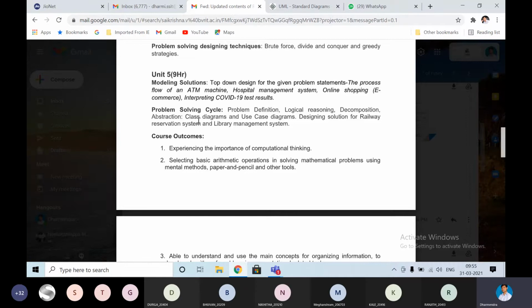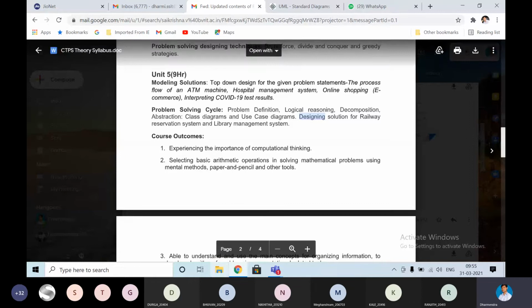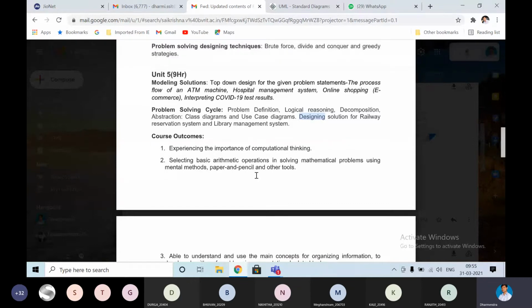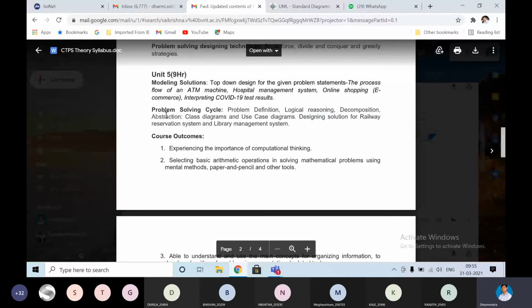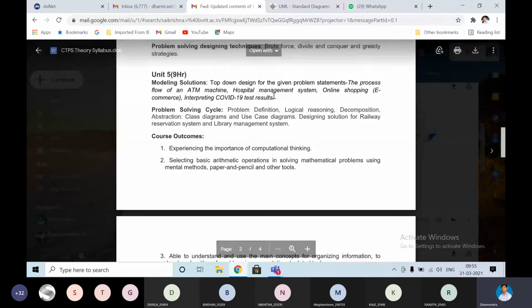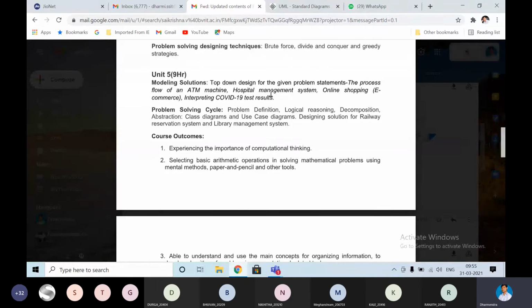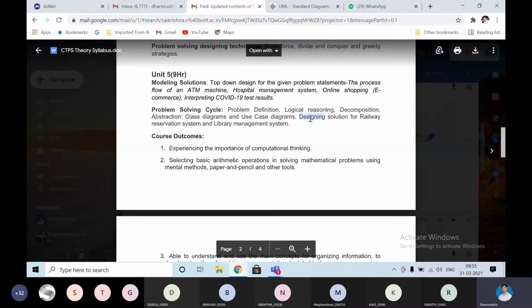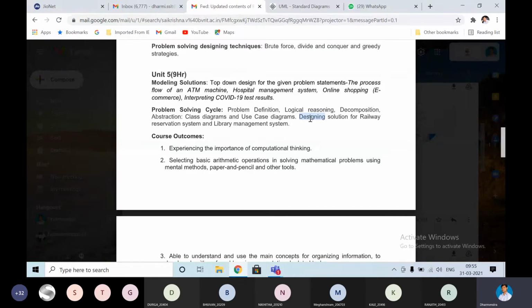There the main concept is designing. Till now we have discussed all these. We have discussed generalization, that is decomposition, pattern recognition, abstraction, then algorithm, all are over. But there is another concept while solving the problem, that is called designing. All this comes under modeling, that is the top-down approach, the simple chart diagram we have taken. And there is designing for every project also, not only for algorithms.